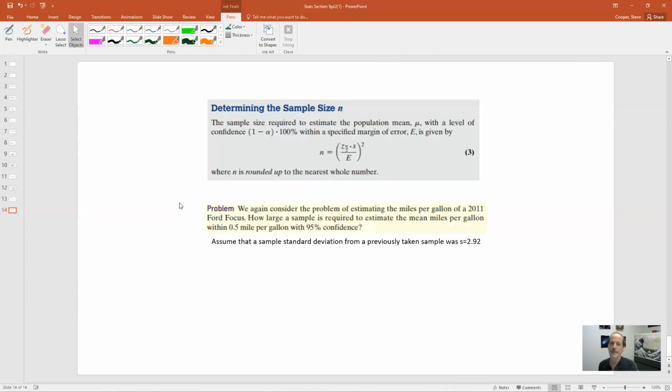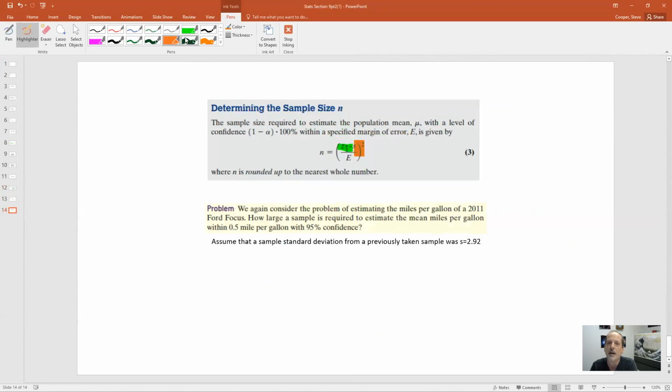Okay. Now the size of n. This time we want to know within some margin of error. So how large of a sample do we need to achieve that margin of error? So now, interestingly, let me just point this out. Notice that it's requiring a z value here, and the reason it's requiring that is because to read a t value, you need a sample size n, and we don't have one. So in the meantime, we need the z value, and we also need